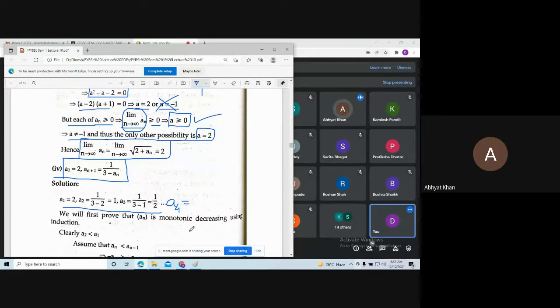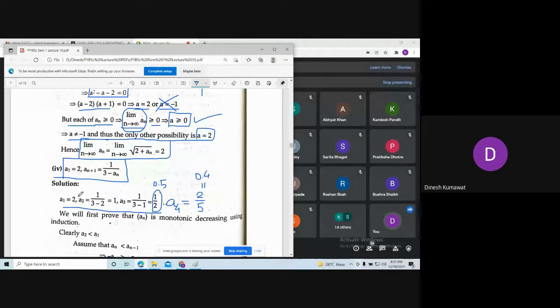2 by 5. Now observe, what is the answer of 1 by 2? 1 by 2 is nothing but 0.5. And what is the answer of 2 by 5? Yes, it is 0.4.